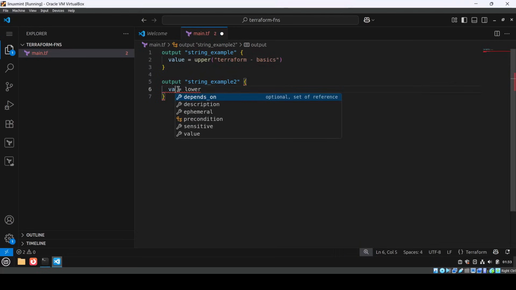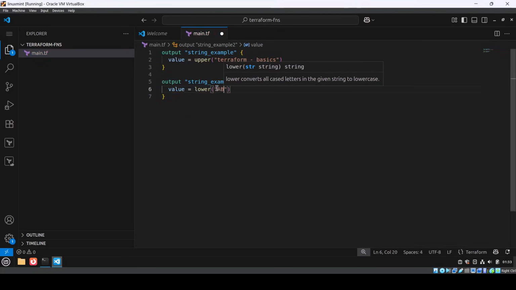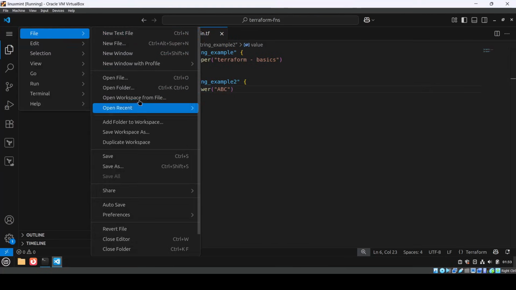I'm giving output. We have to give value here. Lower and ABC. Okay, we'll try with this one. Okay, Terraform string related to the string functions. So just open up your terminal